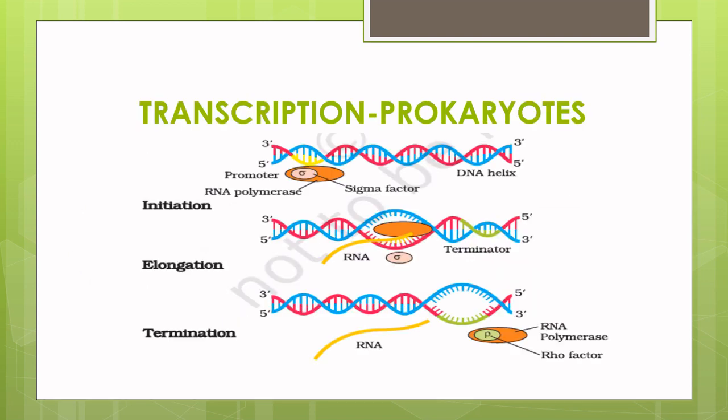Now let us look at the process of transcription in prokaryotes. Basically, transcription has three steps: initiation, elongation and termination. In initiation, RNA polymerase binds to the promoter region and transiently binds to the initiation factor to initiate transcription. Elongation is the step where the RNA starts getting longer. RNA polymerase walks along one strand of DNA. For every nucleotide recognized on the DNA template, it adds a complementary RNA nucleotide to the growing RNA transcript.